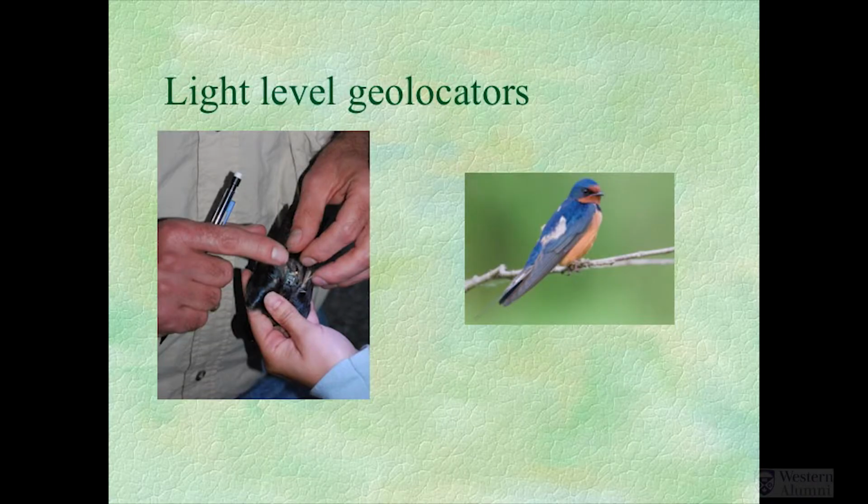More recently, we've got really clever about putting these little geolocators on, in this case, a barn swallow. Barn swallows have just achieved the status of being threatened in Ontario. This is a bird that I'm sure in your youth was extremely common. Now they have diminished a great deal, so that's an interesting aspect. This is a little device that records day length. That's all it does. It just tells you light level with time. It's a little watch crystal in there, and there's a little